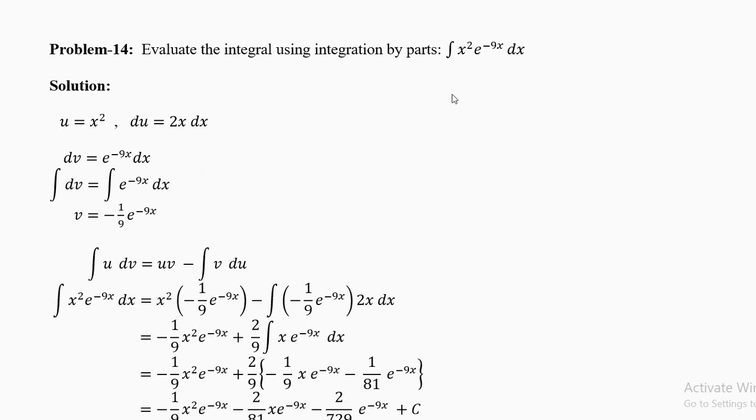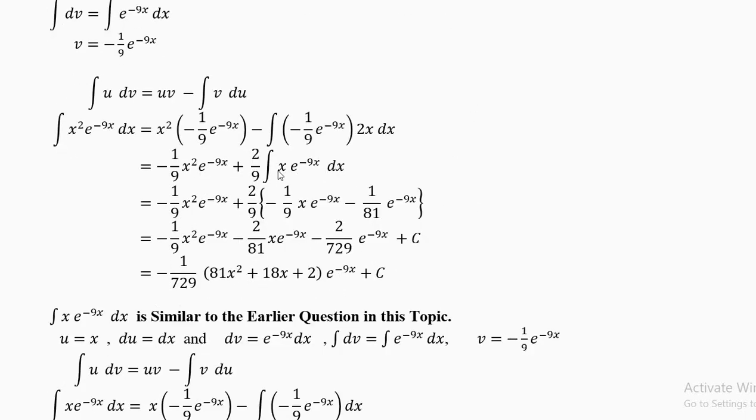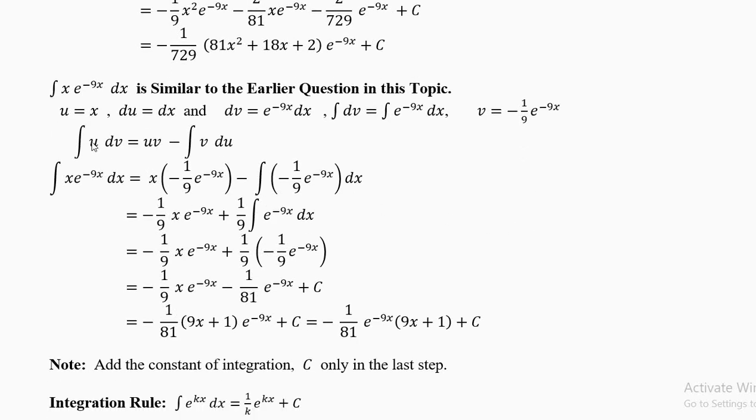So you started with power 2, now you are reduced to power 1. How do you do power 1? Again, go to your margin or end of the page or next page and you put u equal to x, du equal to dx, dv equal to e power minus 9x dx. Do the integration, you'll get v equal to minus 1 by 9 e power minus 9x. In the exponential functions, the things repeat. So you can make use of the repetition. But if you make a mistake, the mistake will also repeat.